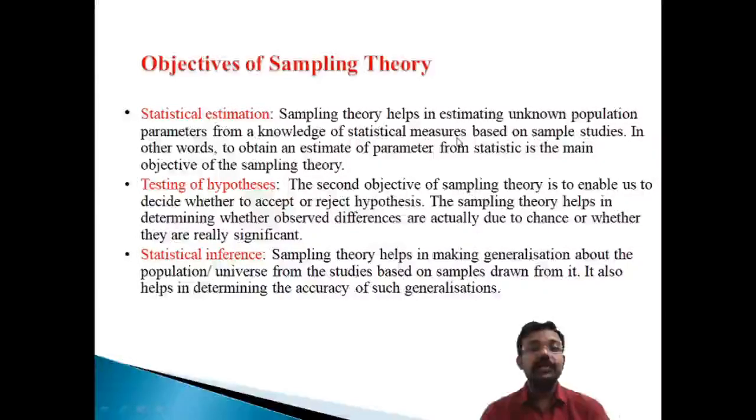So it helps in estimating the unknown population parameters from the knowledge of the statistical measure. Okay, so that is one of the important elements. In other words, to obtain the estimate of the parameter from statistics is the main objective of the sampling theory. So it depends upon the statistical element, the population parameter and the sample parameter. The parameter is part of the population, and the statistical inference is a part of your